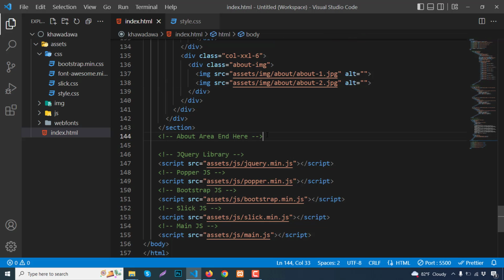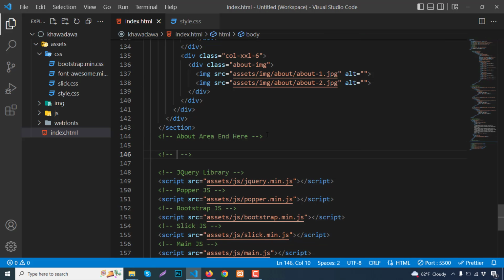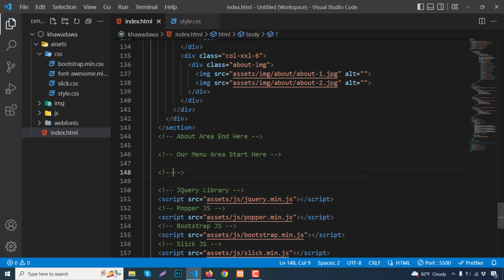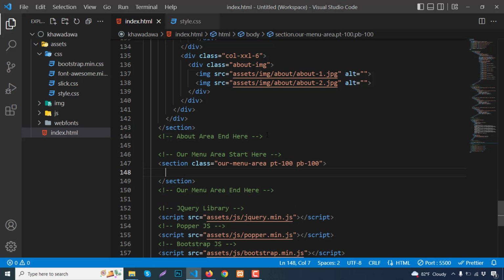So first add a comment here. Just write like our menu area start here, and add a comment, our menu area end here. Okay, fine. Now we add a section with the class our menu area. Then for padding top and bottom we can just add pt100 and pb100. Inside this add container,